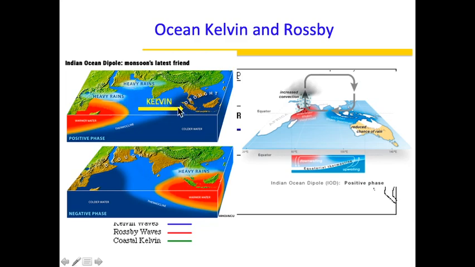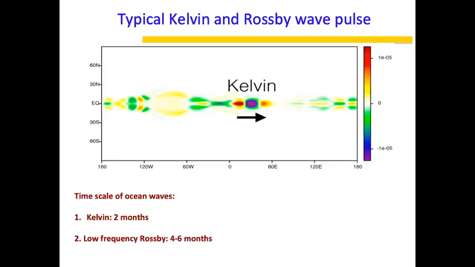Okay, and like I said, these waves can be easily observed in the maps. You just look at the ocean currents map, then you will be able to find out whether it's a Kelvin wave or a Rossby wave. A typical Kelvin wave will look like this, right? So no amplitude change, minor changes, but not like Rossby where it will have a very high amplitude.